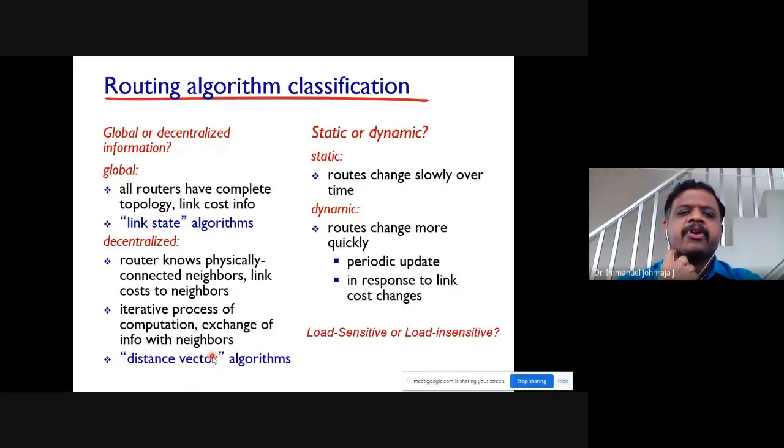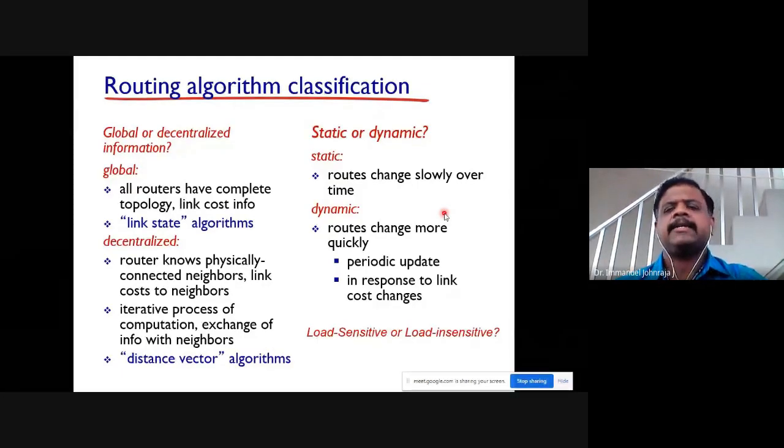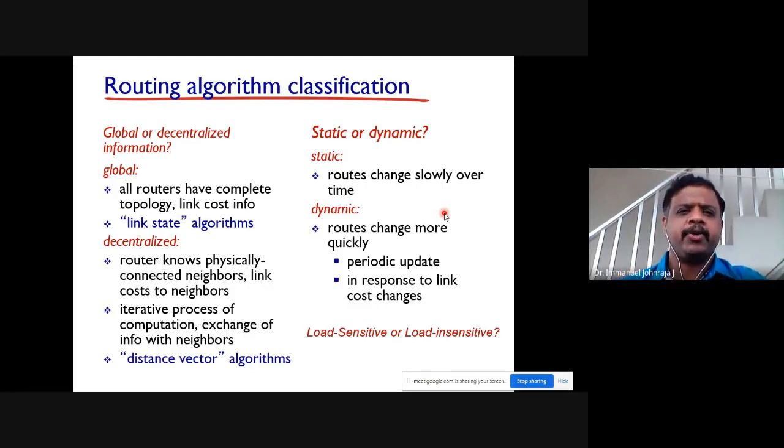Whether static or dynamic, yes, we have spoken about that, but for completion's sake, static algorithms are involved. It expects you and me, the human or the network administrator, to work on that. It's not easy, it's not scalable, and the convergence is also very slow. At this time, it's my duty to define what convergence is. Convergence is a process by which the routers attain a uniform routing knowledge. I repeat, convergence is a process by which routers get consistent routing information.